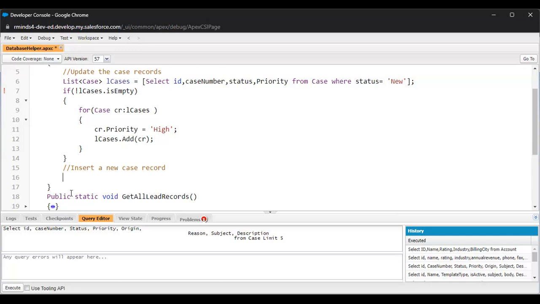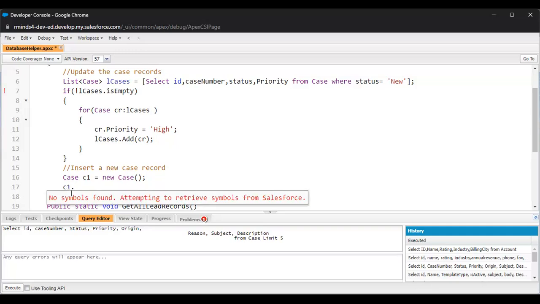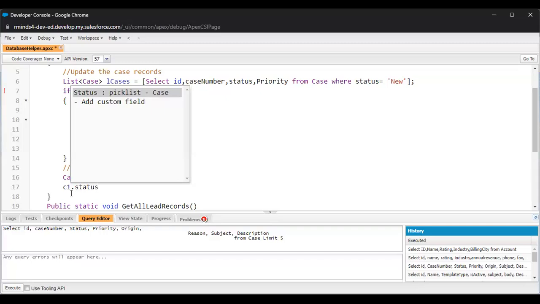So how are we going to create a new case record? Case C1, I'm using. CS we should have already, CR we used. Okay, C1 is equals to new case, and then we will have to pass the basic fields, the required fields for the case. So C1 dot, let's say, status,